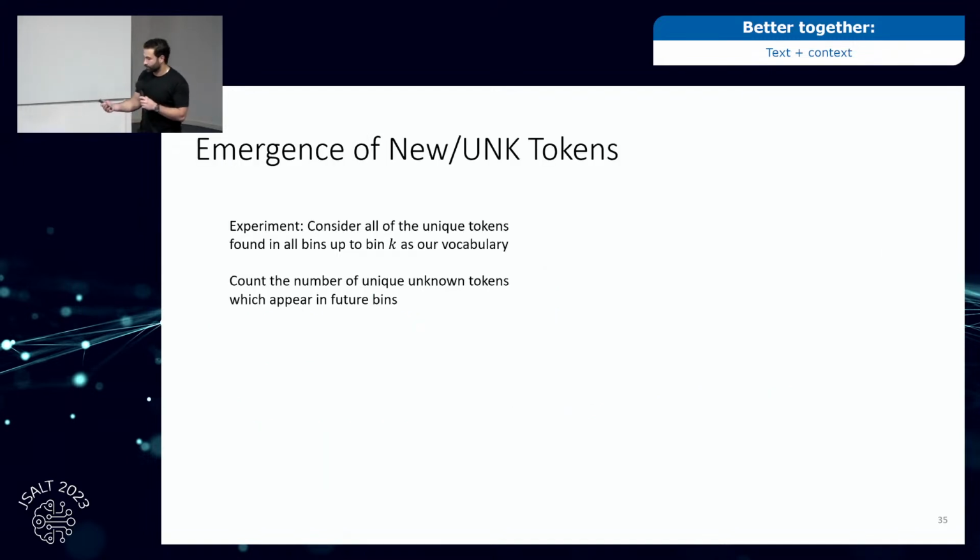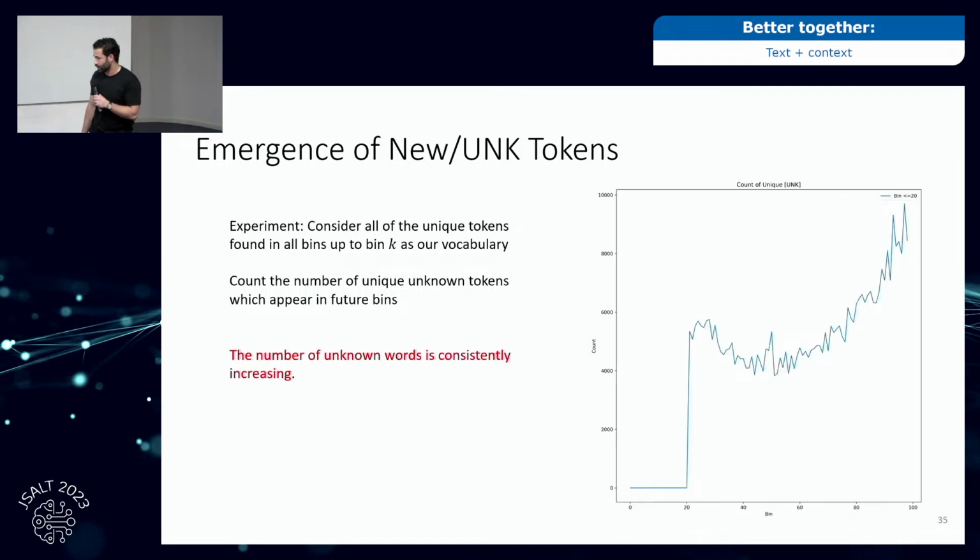So as a very simple experiment, we can look at the emergence of new or unknown tokens. Let's consider the unique tokens found in all the bins up to some bin k as our vocabulary, and we'll just count the number of unique unknown tokens which appear in future bins. So let's take k to be 20. The number of unknown tokens up to bin 20 is 0 because they're all in our vocabulary, and we see a sudden spike even in bin 25. And this count of unknown words is increasing, and